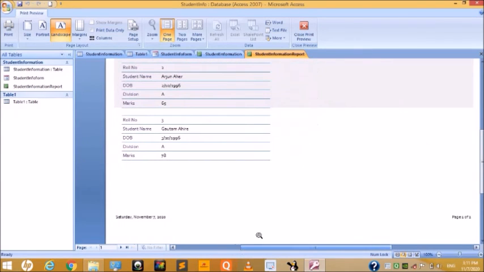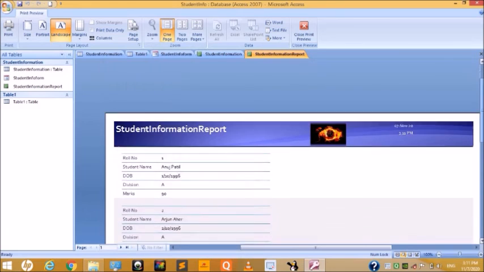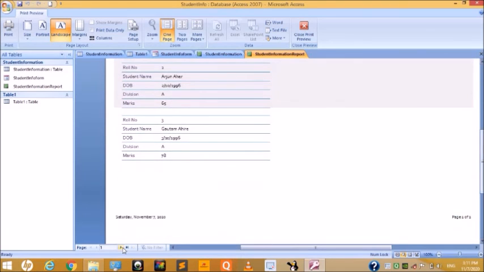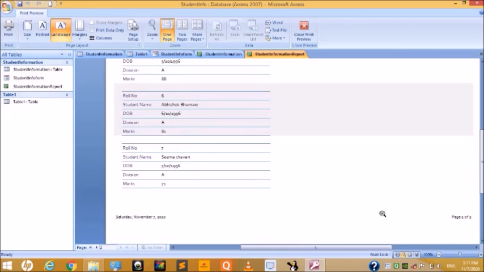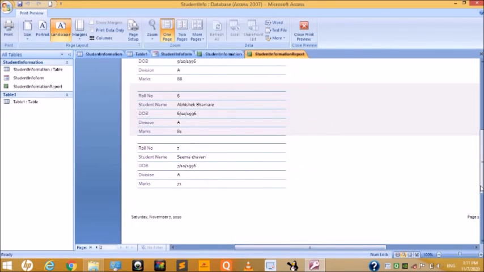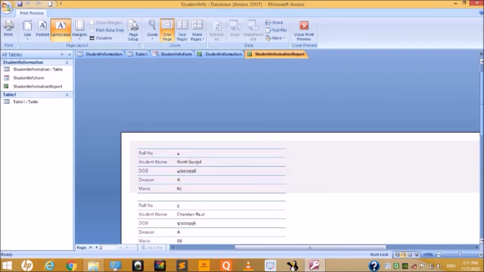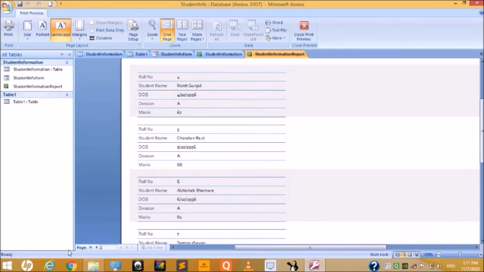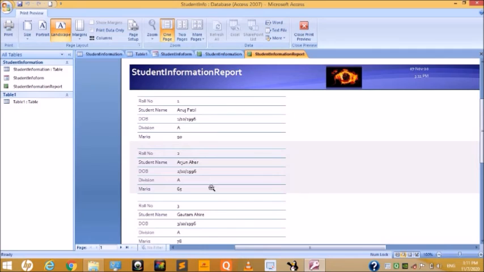This is page number 1, page number 2. Okay, the last copy of the report. You can also print this data.